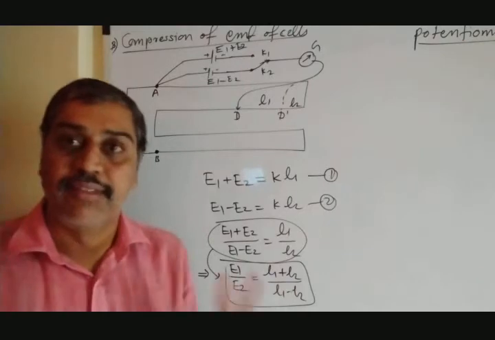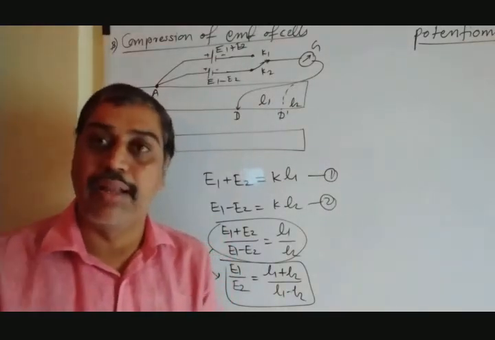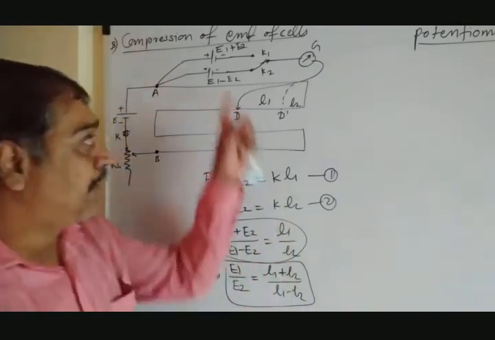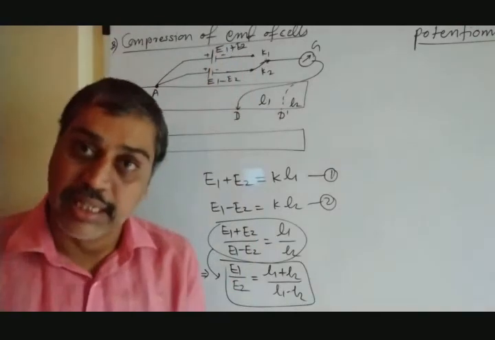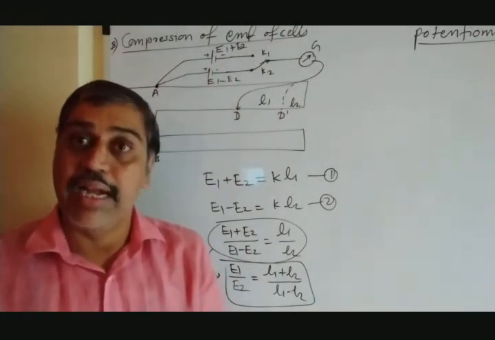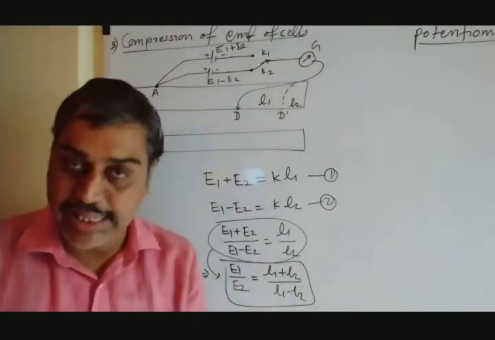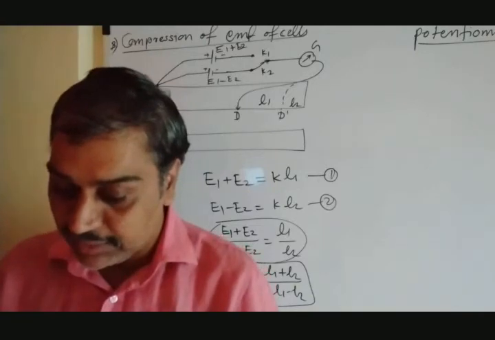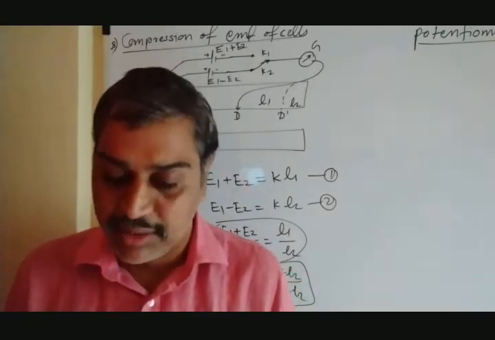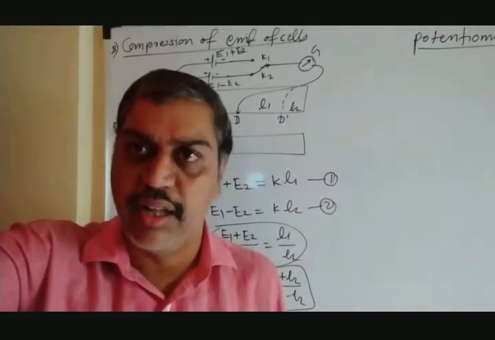So this first application of the potentiometer is to compare the EMF of two cells by a separate method, which we have finished. Separately we used E1 or E2. In this case, it is the same application but by the sum and difference combination. So it is the sum and difference method to compare the EMF of two cells. In this fashion, the cells can be compared. Now let's go to the next application, to find the internal resistance of a cell. How to find internal resistance?